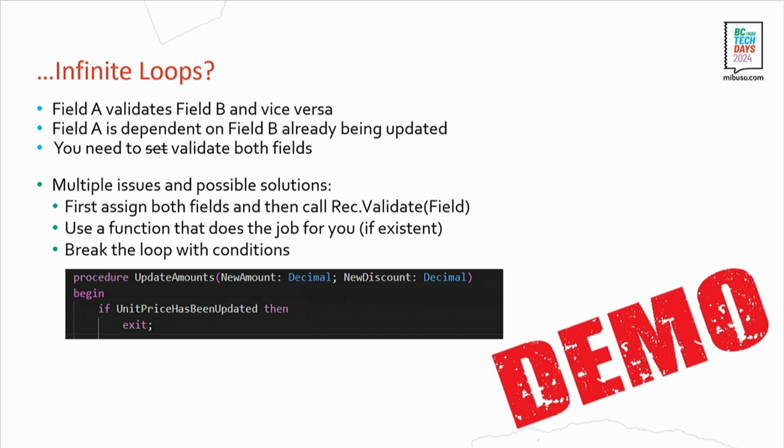There it might help to just assign both fields with a colon equal, and then afterwards call the validate on the field without assigning a new value. That will then validate both of the new values at once, basically one after another, but without assigning or changing those. These example values might be somewhat weird, but we've got a demo for that to really visualize how this might work, or what the issue actually is.